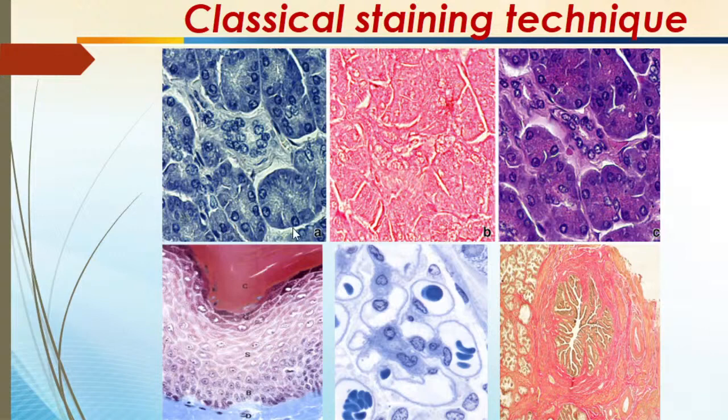Hematoxylin is a basic stain made from the Campeche tree, so it is a natural stain. The Campeche tree grows in Middle Africa, and the cork of the Campeche tree is used to make hematoxylin. Of course, the cork of the Campeche tree is brown, but when it is put into water,